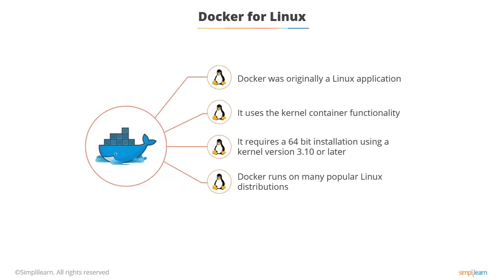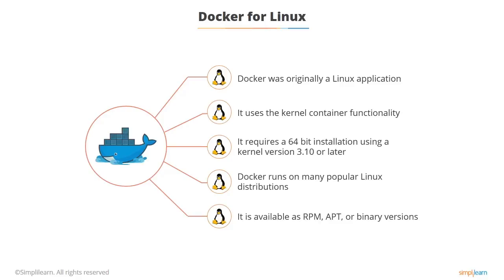For the popular ones such as Debian and CentOS and Ubuntu, it's pretty easy to get it running, though there are some issues with the CentOS version. I found some problems. You can get it as an RPM or an APT package and just install it, or you can download from Docker directly as a binary version. For some versions of Linux, you need to use a binary version. If you go to the Docker website, it'll tell you what you need to do for your particular flavor of Linux.